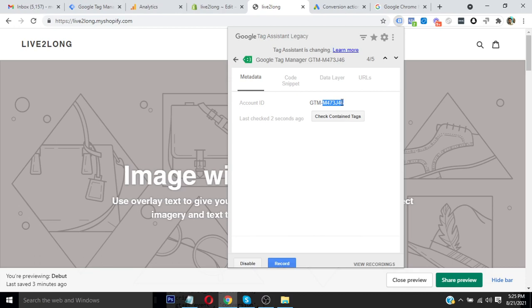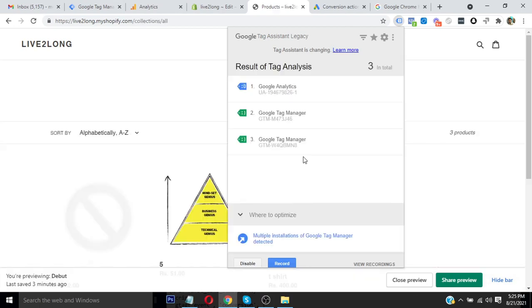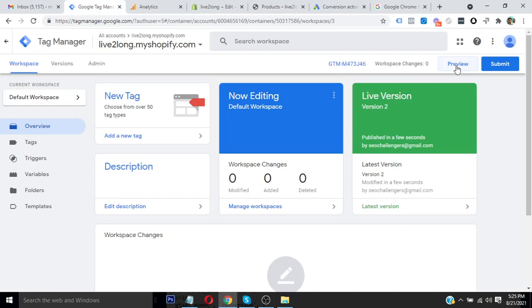We can see again this code is there, as well as we can see our analytics code also which we have placed. You can see this is coming from the tag manager. So this way we can verify, and there is another way to verify from Google Tag Manager also. You just need to click on the preview mode here. What it will do, it will open your website in a new window in debug mode.